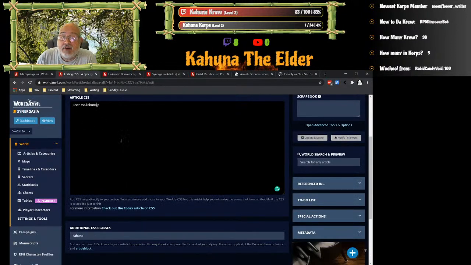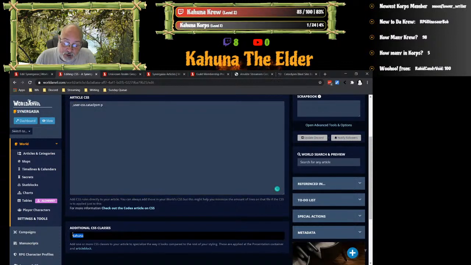So I test it out on my test page. Okay, that page looks the way I want it to. I'm going to call this set of code Cataclysm. I make sure all of them have Cataclysm. So like up in here, I just say Cataclysm. Down here, I put Cataclysm without a dot.